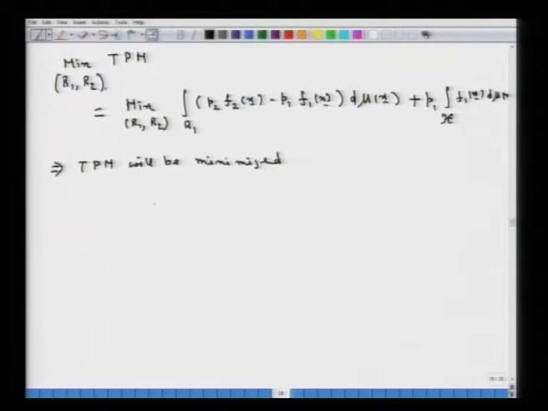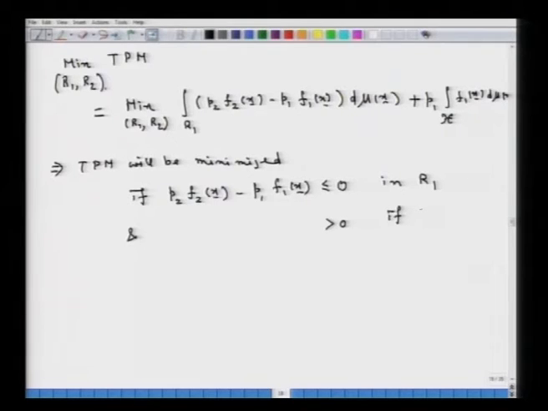This is going to be minimized if we have P2 F2 x minus P1 F1 x to be less than or equal to 0 in the region R1, and this is greater than 0 if x belongs to script X minus R1, that is in the region R2. Now, from here we can say that